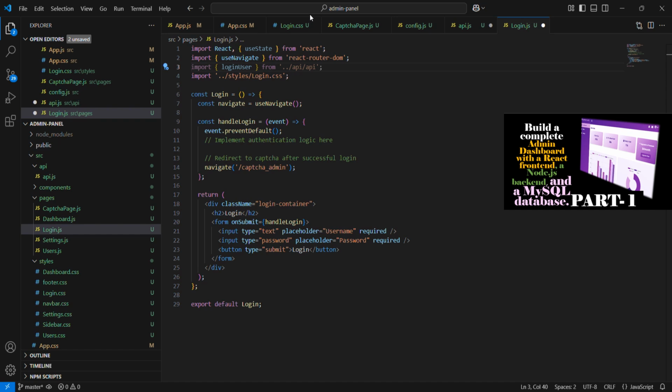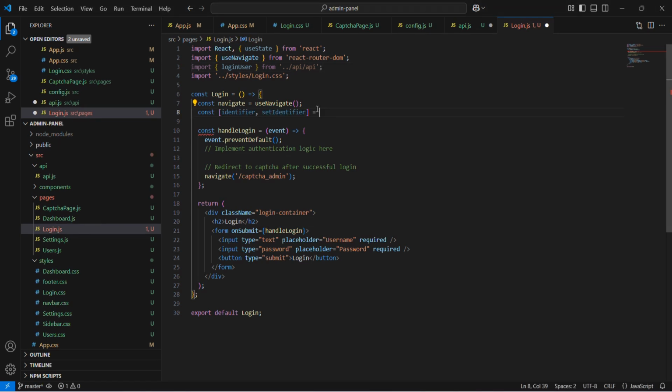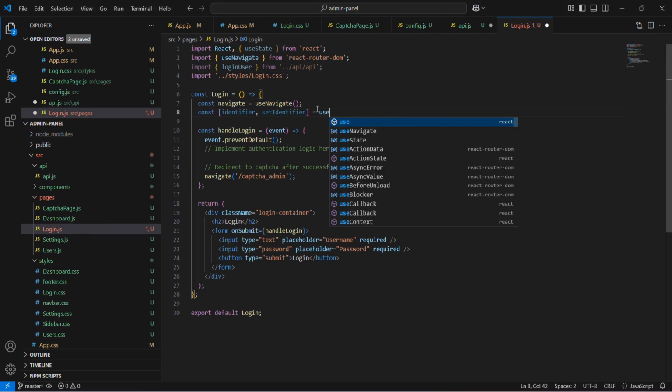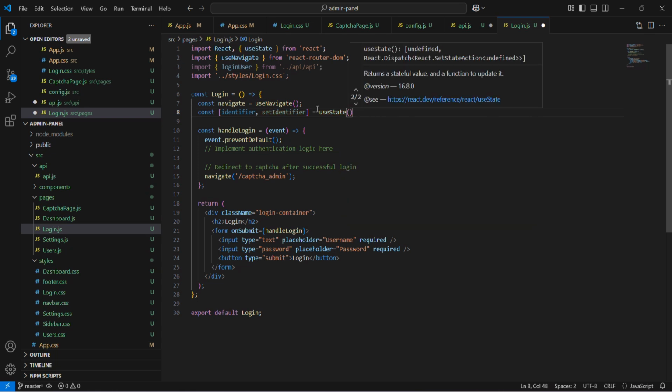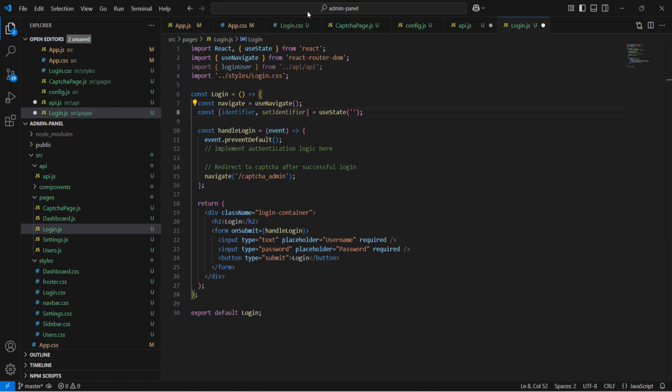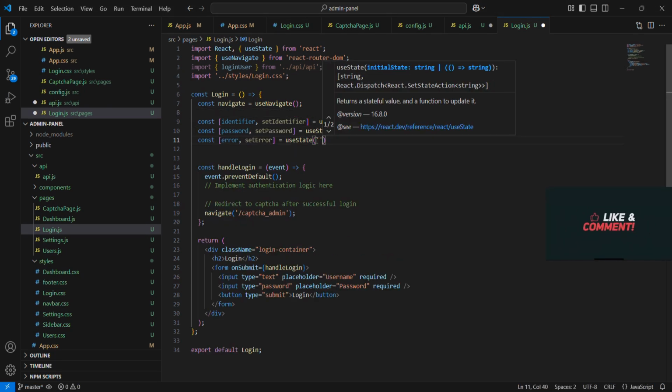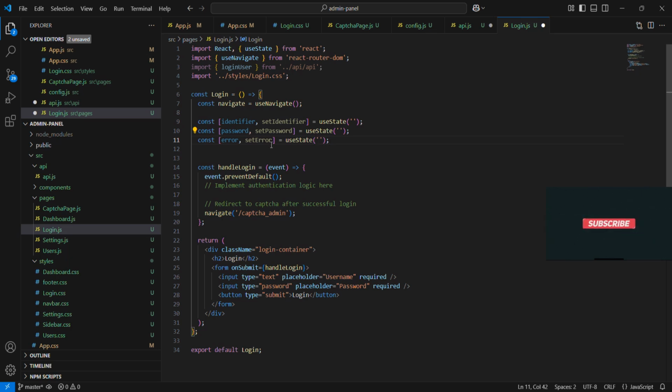You can check it out for reference. Inside this login function component, below the navigate function, we are setting up state variables using the useState hook for identifier, password, and error, each with an initial value. Each of these variables has a corresponding setX function to update their values.